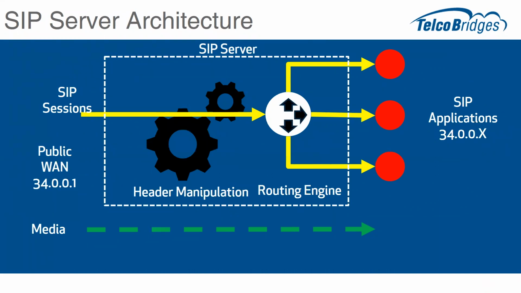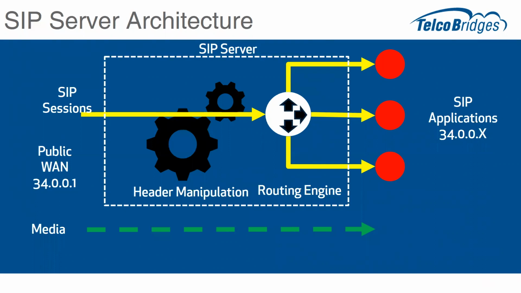In a lot of cases, it's a script engine or a scripting language that can then process the header. It might do some manipulation on it. It might choose to keep a message. It might reject a message based on its form. It might fix up the header. It might add information or delete information or do database dips to add this information, and then pass that information along to a routing engine, which would then deliver the SIP message to the appropriate destination.